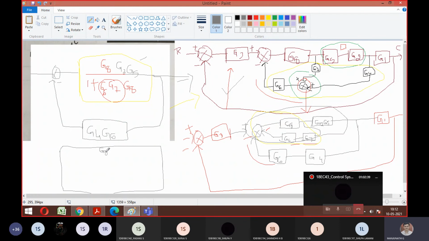You can write in order also. So G2, G5 into G8 divided by 1 plus G6, G7, G8. So this is your G. So the formula is whole divided by 1 minus is there, so it is plus. Again G, G means this complete term. This complete term you should write, and that should be multiplied with H. H is G4 and G6. So is it a one block answer now? Is it okay till here?